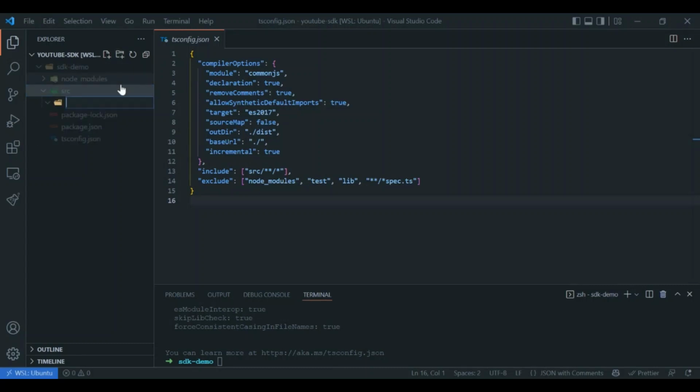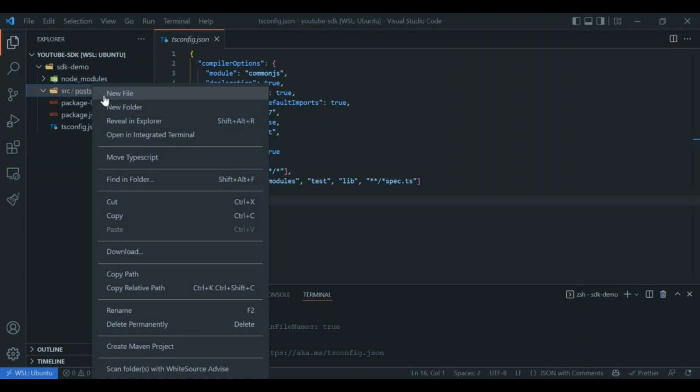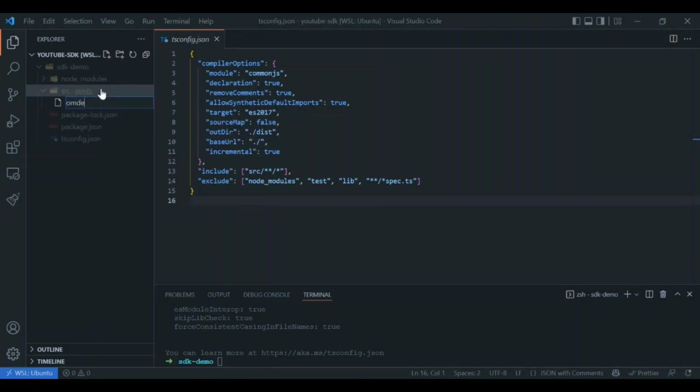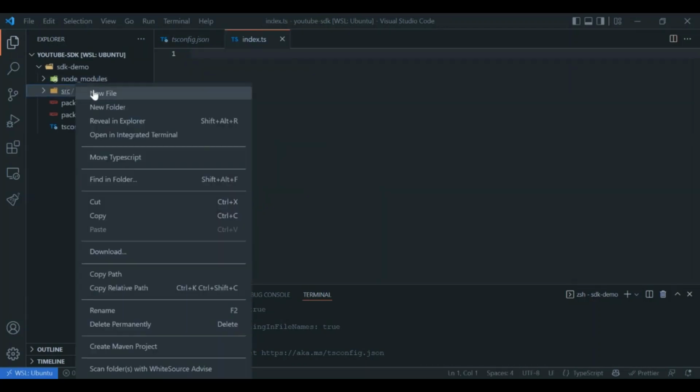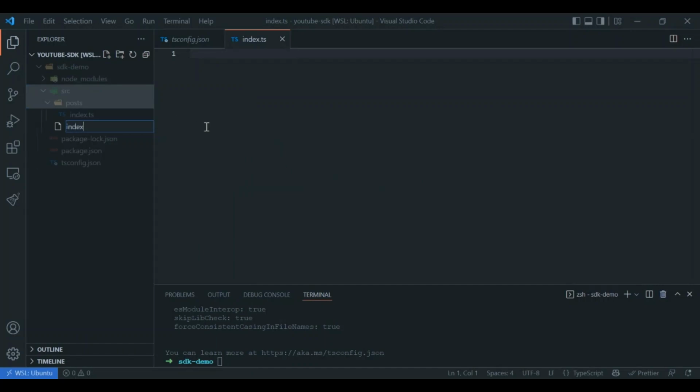So we will create a folder called posts. Within posts we will have a file called index.ts. Okay, so we will implement this in a bit. So before that, in the src we will create index.ts,